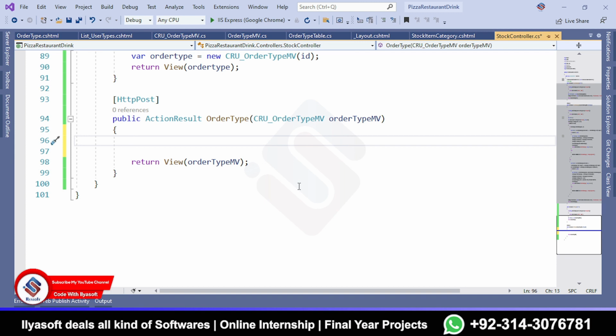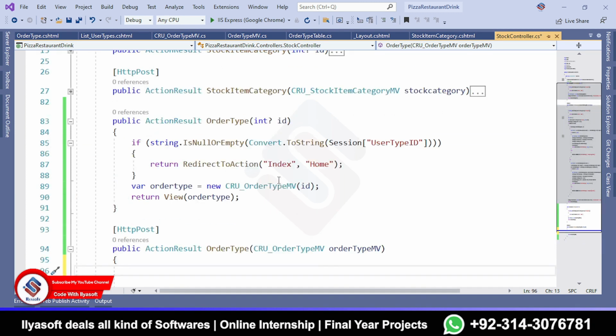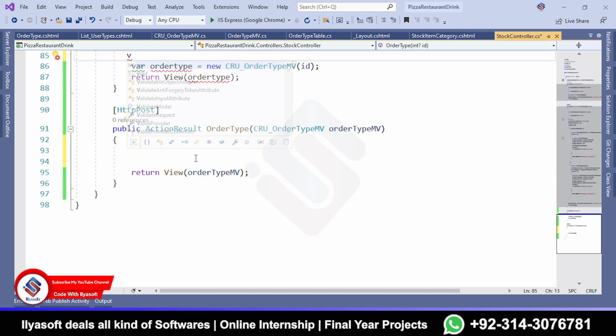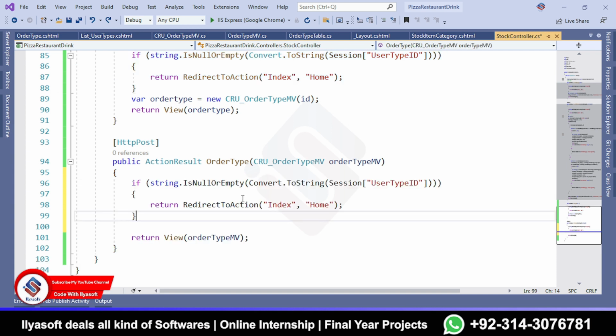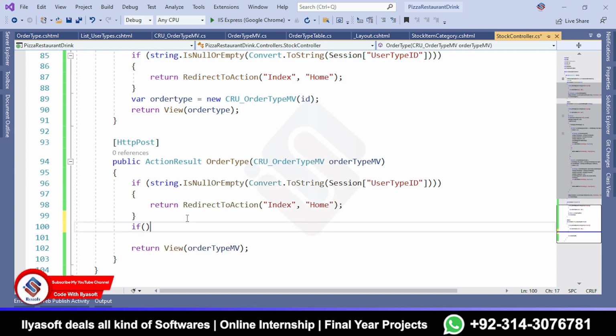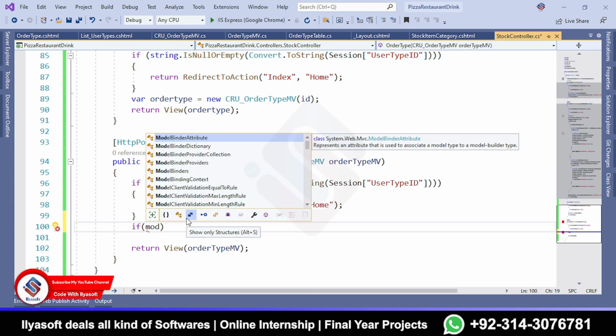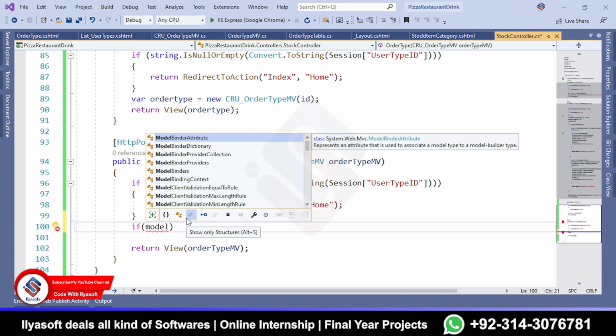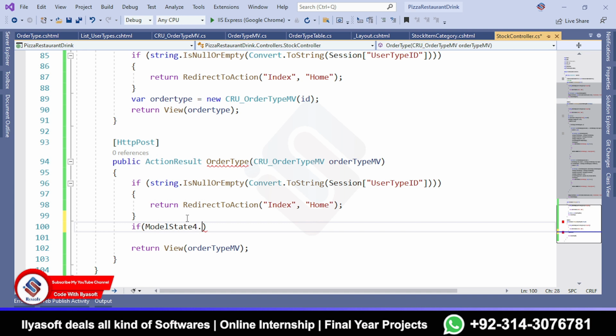So now I'm going to add some code to create the record and update the record. So first we are going to check whether the user is logged in or not. If not logged in, the user must log in. Okay, so now that's it. Next we are going to check the ModelState. So the ModelState check means the value